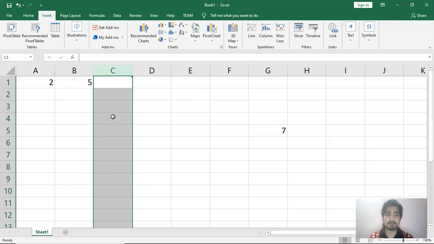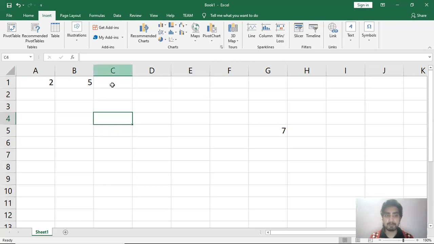Suppose I want to see the name of this cell. Then this cell name will be C and then row number 4. You can see that in the name box, it is displayed. So whichever column it is, that alphabet will be taken first, and then whichever row number it is in, that row number will follow the alphabet of the column heading. By that you can find out the name of any cell in the Excel worksheet.